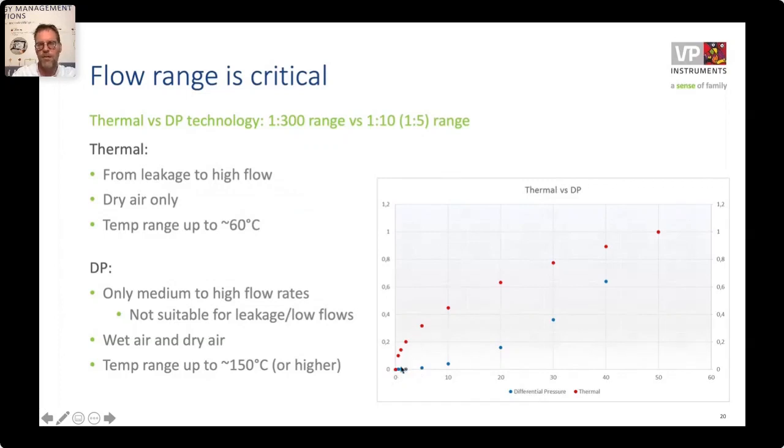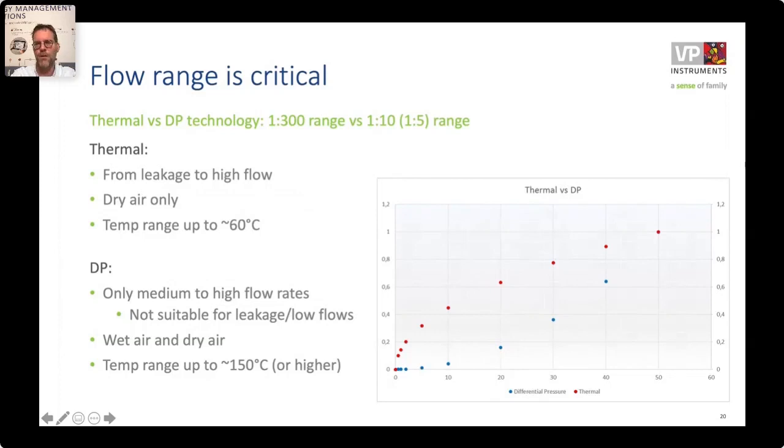While if you look at a differential pressure based flow meter, the flow goes up even at 10 meters per second. The signal still goes up slightly while the thermal is already here. But the advantage is if the velocity starts to increase and increase, it's just like with riding a bicycle or driving a car. The friction goes square with the velocity. So the signal starts to increase higher and higher when you go higher in flow, which makes it